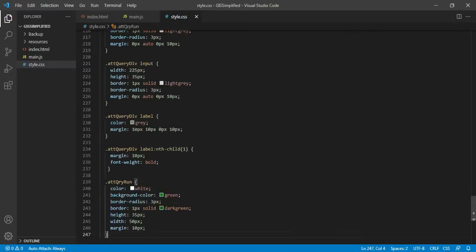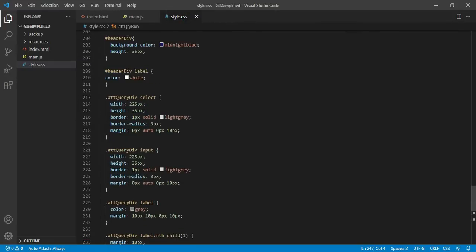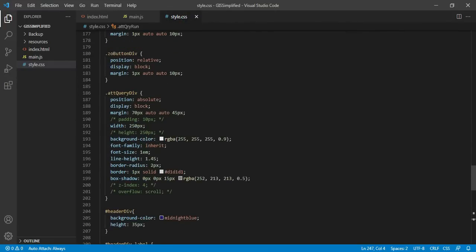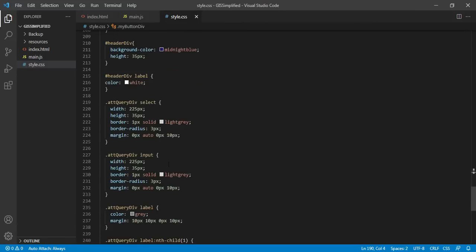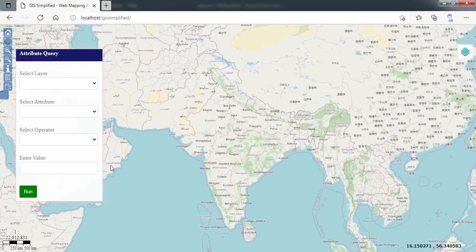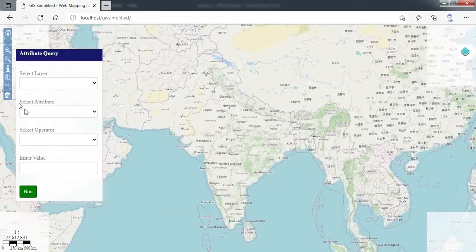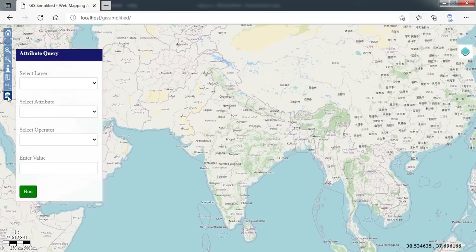Now I am going to the styling part, and here I am assigning it a position. So let me add the button related code. Now I have fixed the issue. Now when I refresh the map, you can see a button has been added with the image. Now what we want is that when I click the button, only then should this particular dialog box open, otherwise it should not open. So now we will do that part of the coding.